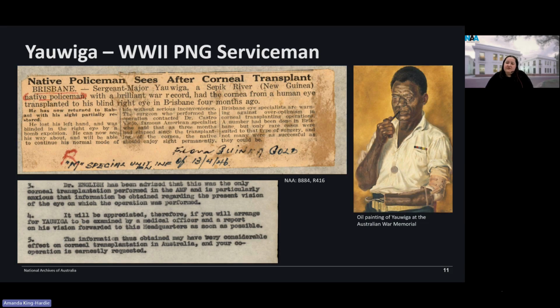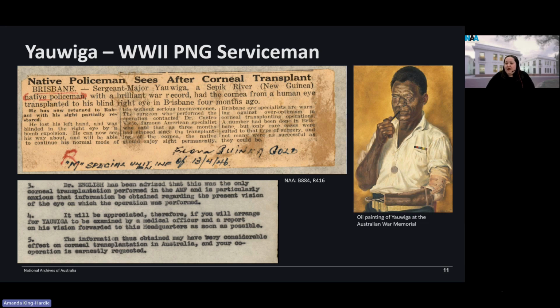In November 1945, Ewing was evacuated to Brisbane, where he was given a corneal transplant, which was successful in restoring partial sight to one of his eyes. While cornea transplants had been done for a while in other countries, the first Australian one was only performed 5 years earlier in Brisbane. Ewing's was the only one performed in the Australian military forces at the time. As an interesting note, the transplant had also given him the physical characteristic of having one blue eye from his donor.